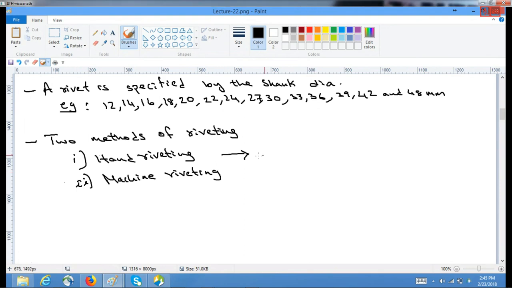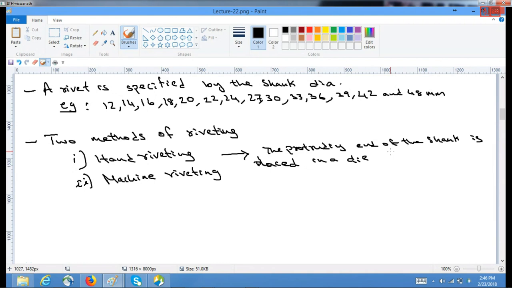In hand riveting, the protruding end of the shank is placed on a die and blows are hammered,